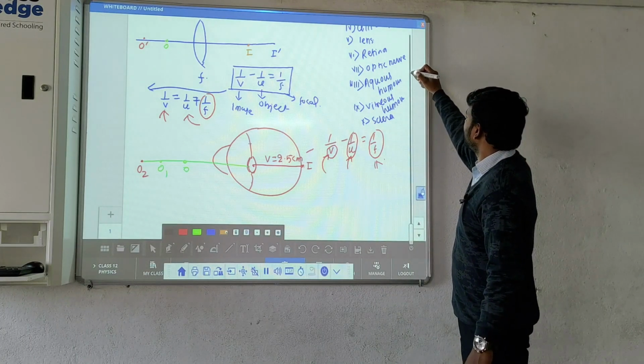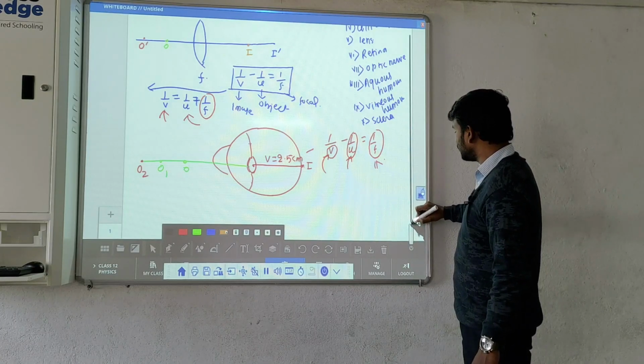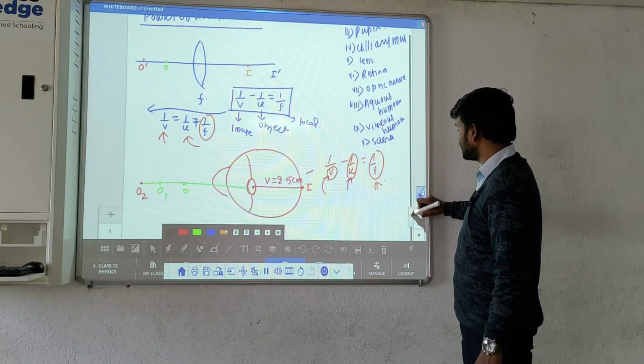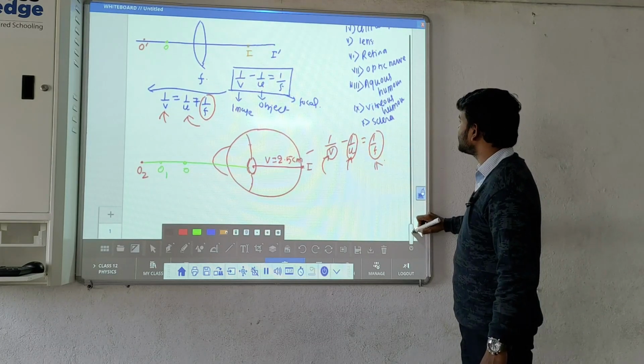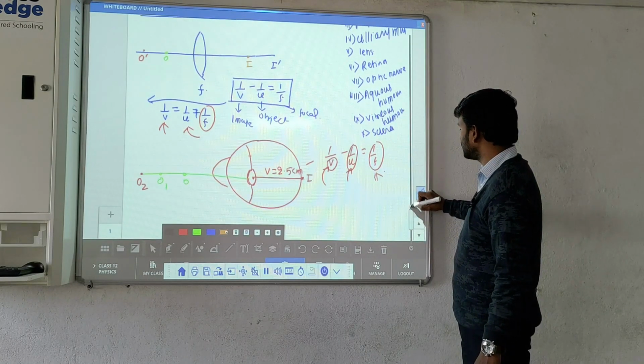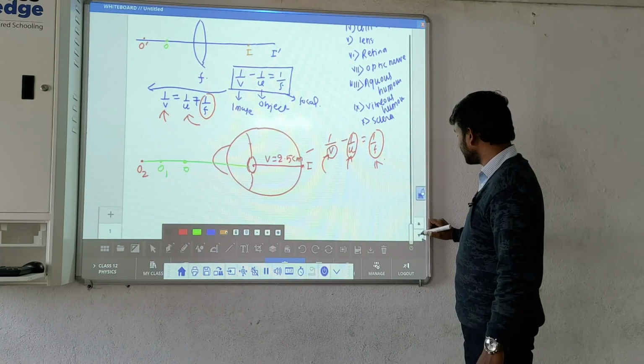Now we will see the power of accommodation. What is the range of vision of the human eye? We will see the range of vision of the human eye is basically from 25 centimeter to infinity. The near point is